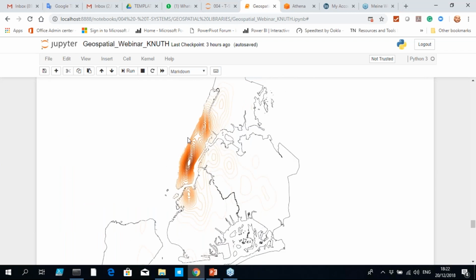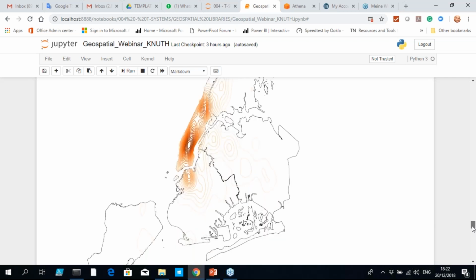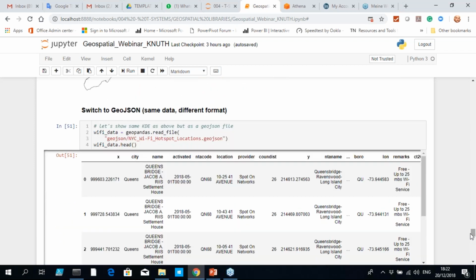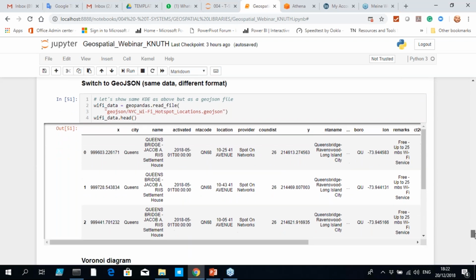So once we created this plot, we would add the underlying map to it. So this is how the process works. All right, and you can also use different data types. You can, for example, use GeoJSON files, and in this case, the data is available in different formats. So we just tried this out with GeoJSON. It's the exact same result, but we wanted to show you that you can use different formats with GeoPandas